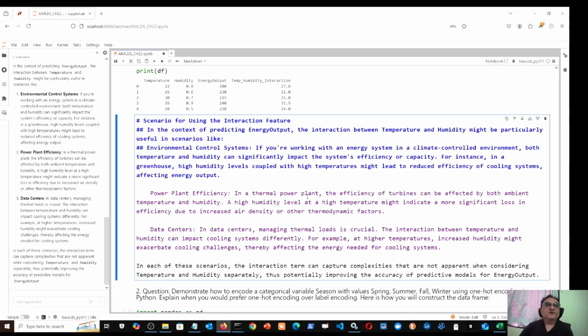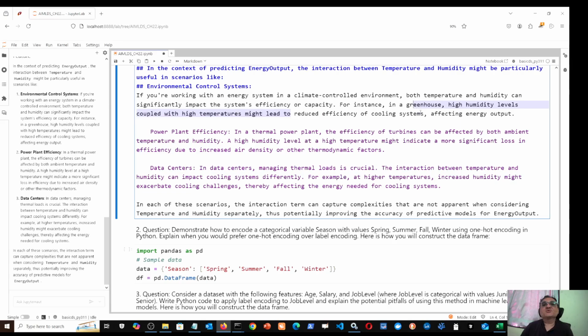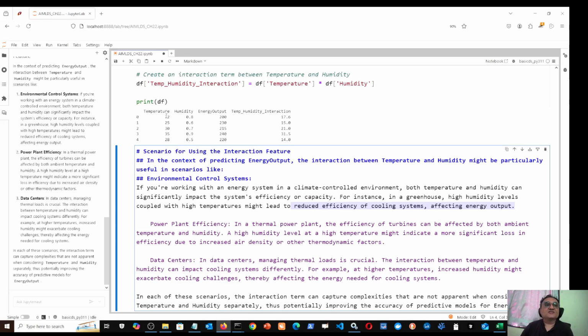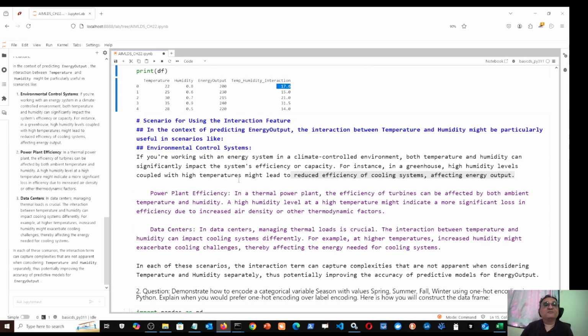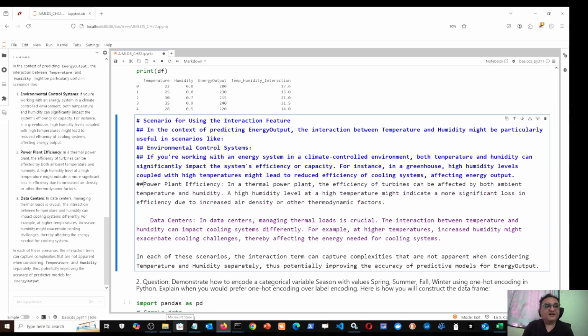Now if you are working with an energy system in a climate controlled environment, nowadays even luxury cars also have climate control systems fitted, right? Both temperature and humidity can significantly affect the system's efficiency or capacity. In a greenhouse, high humidity level coupled with high temperature might lead to reduced efficiency of cooling system and affecting energy output. So maybe temperature alone does not give an idea about energy output, or humidity alone, but their product being higher or lower gives perhaps a more important idea about the energy output, and that is a more important determinant as far as some climate control systems are